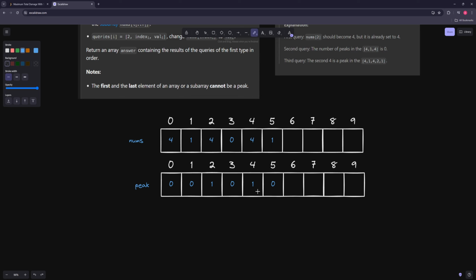Now the second part: how do we get a query in the tree? Let's say we do a query from 2 to 4. Now notice that these two were peaks, but because we're querying like this, the number on the left side of the array and the right side of the array can't be a peak. So it's a pretty easy modification. Instead of querying 2 to 4, we know that the left and right most numbers can't be a peak. Instead, we can just query from the number right above the